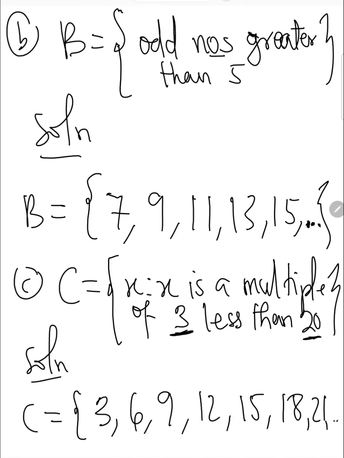But now let's look at it. It says multiples of 3 less than 20. So 18 is less than 20, but 21 is greater than 20. So what it means is that we start from 3 and end at 18, because it has been defined for us. And the definition is that it should be less than